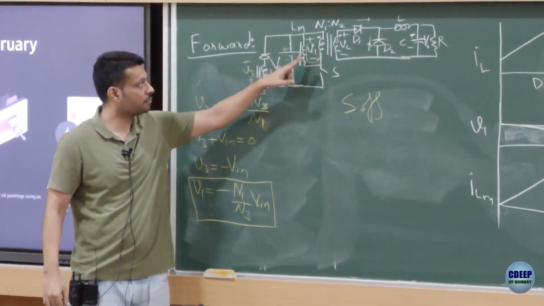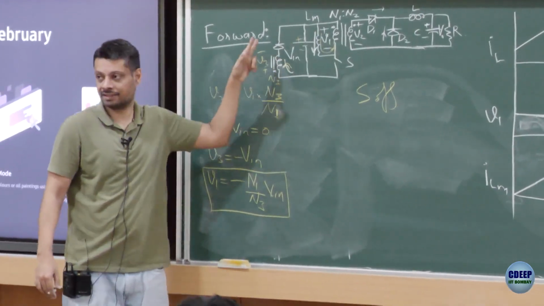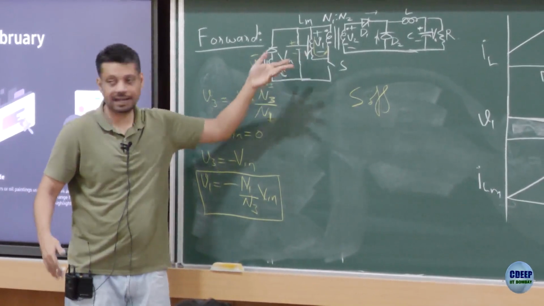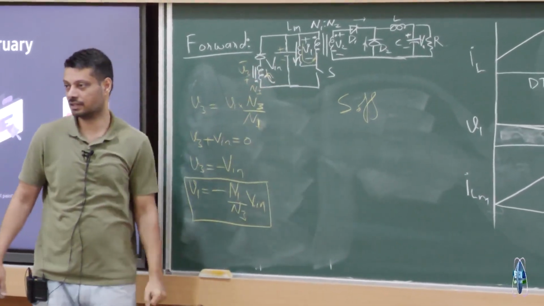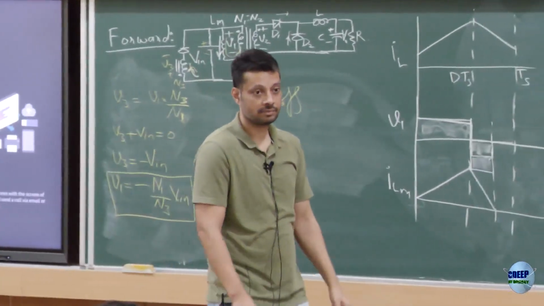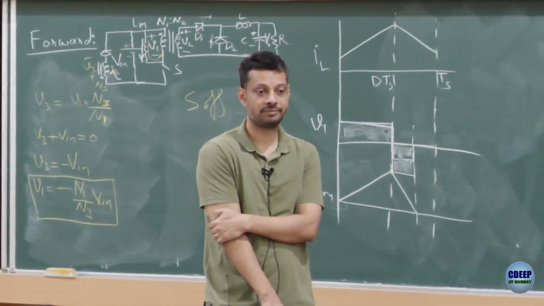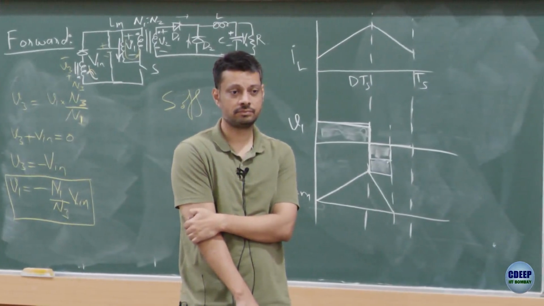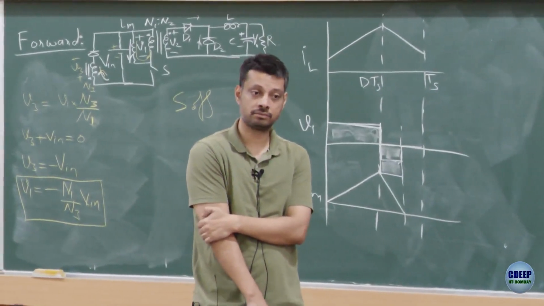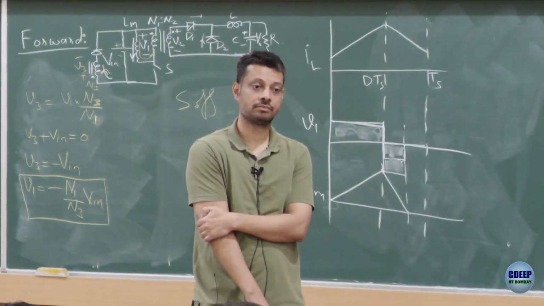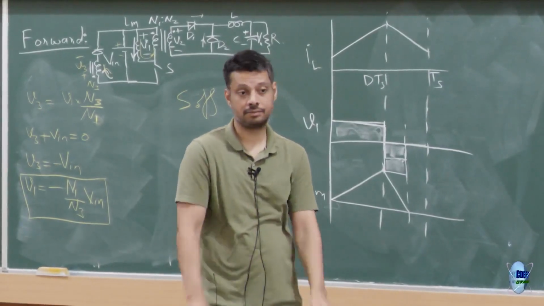That for this current to flow, this is how it leaves, this is how it enters. In reality, there are only 3 windings. There is no 4th inductor anywhere in this space, right? For that part where we are saying that we should not have a DC voltage, even if there is small DC voltage and we operate for a long time, then we get another design constraint: the average voltage across the transformer must be 0, all the time.